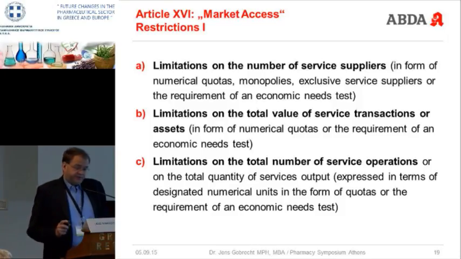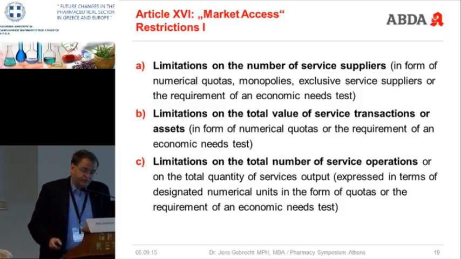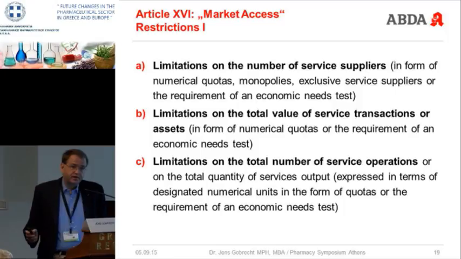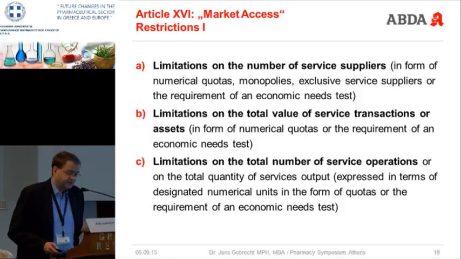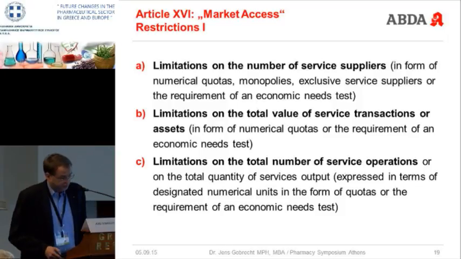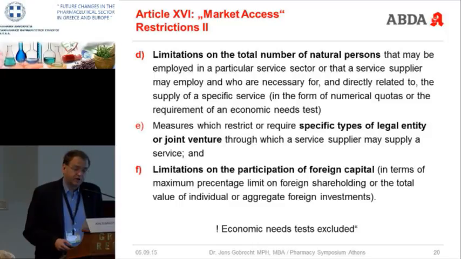The first is the limitation of the number of service suppliers. The second is the limitation of the total value of service transactions or assets. The third is the limitation of the total number of service operations. It goes further. Then the next is limitation of the total number of natural persons that can provide the service